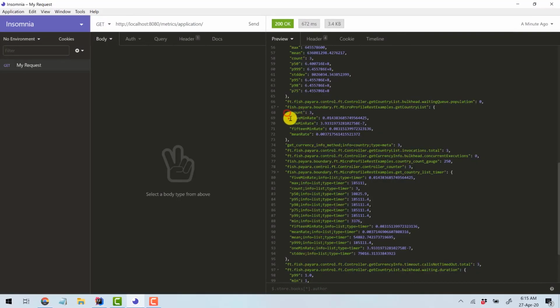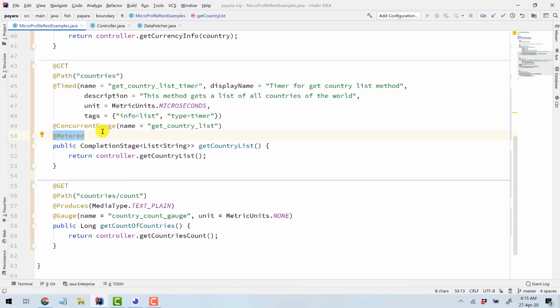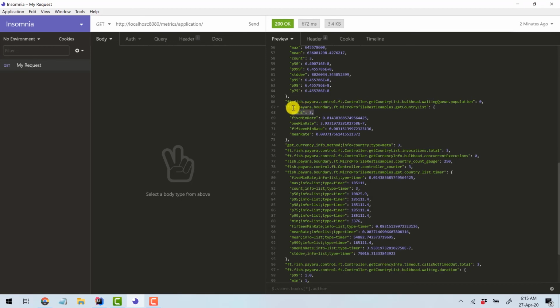So we have the meter, the 5 minutes, the 1 minute, the 15 minutes, and then the mean rate here. Then the count is 3. Because we didn't specify a name or anything else for this particular annotation, we simply have it raw here. It's the package, and then the class name, and then the method name,